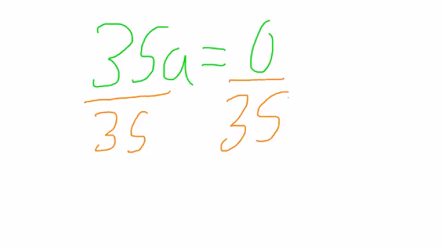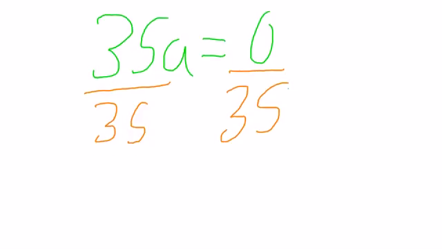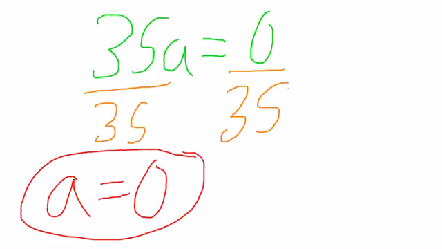isolate the variable. So if you divide 0 by 35, you will get a equals 0. So now we need to check our work